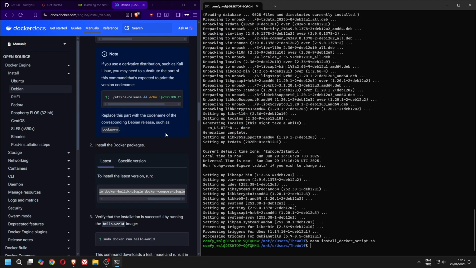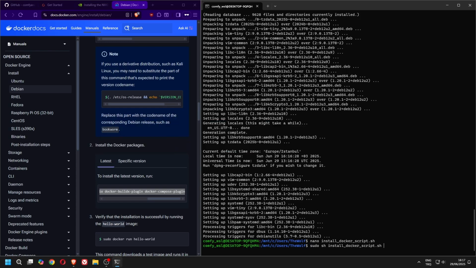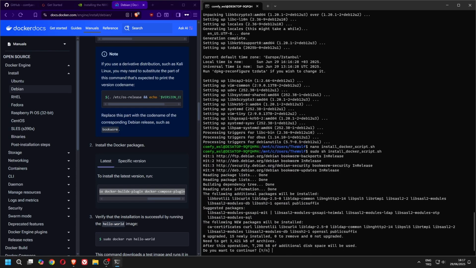Now run the script with this command. It will ask for your confirmation a few times during the installation. Type Y to approve each step.